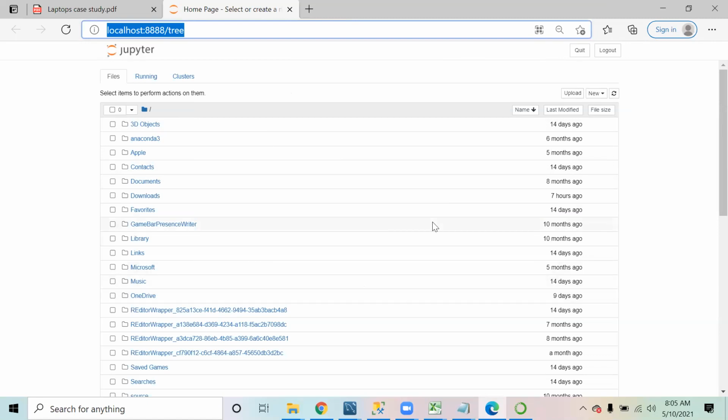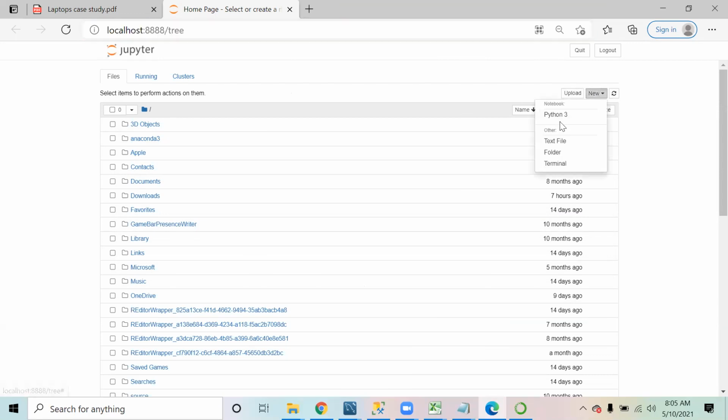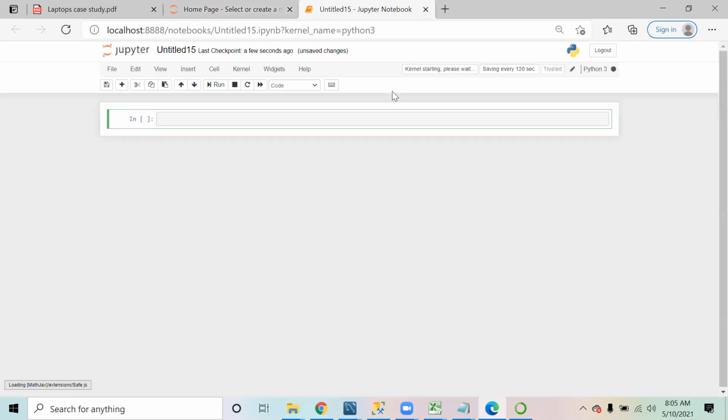Now if you come over here and click on New, and then Python 3, it will open a fresh file where you can write your code. This is the window where you will be writing all the code that we will be learning to write. So I request all of you to please open that up. I hope Anaconda is installed by everyone and no one is having a challenge with that.